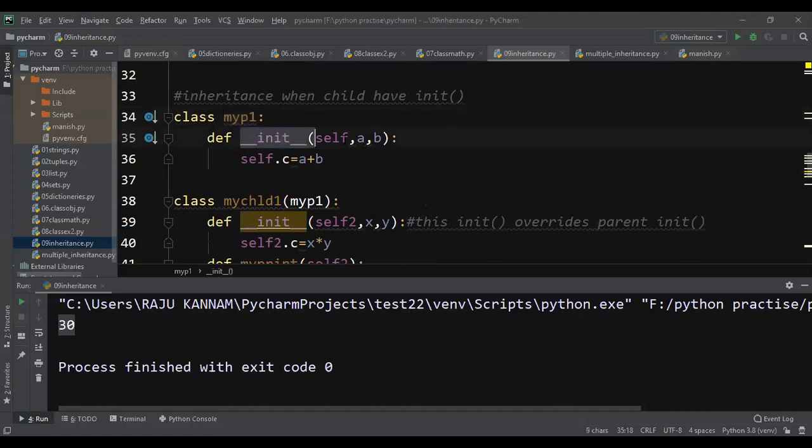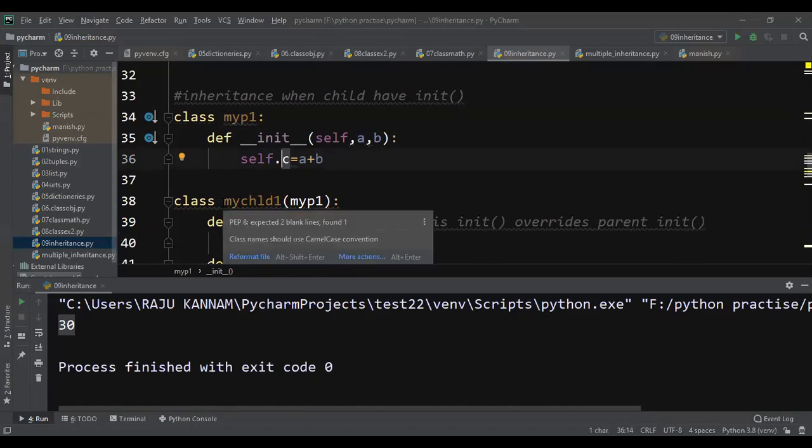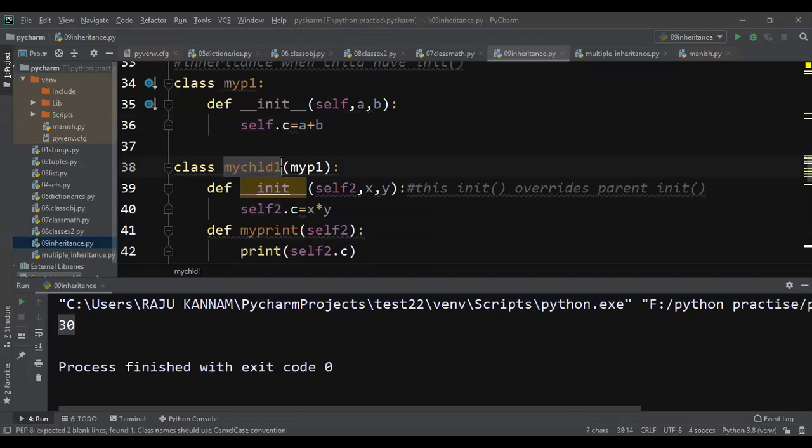Here I'm having one constructor with two parameters A and B. It is adding A and B and storing the result in C. And another class we are creating, my child one, which is inheriting my parent one. This child is also having a constructor.